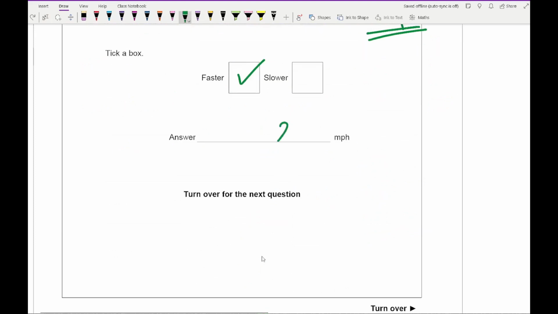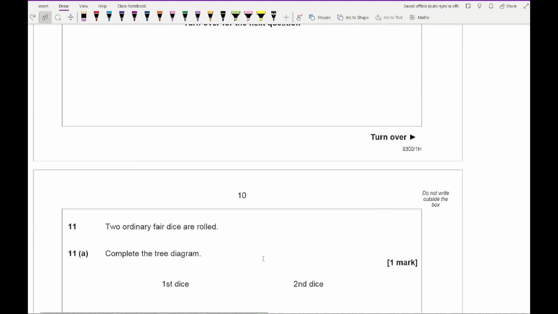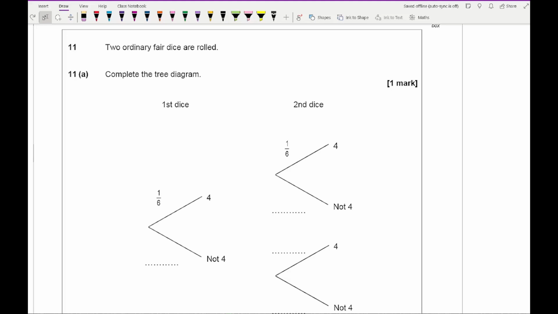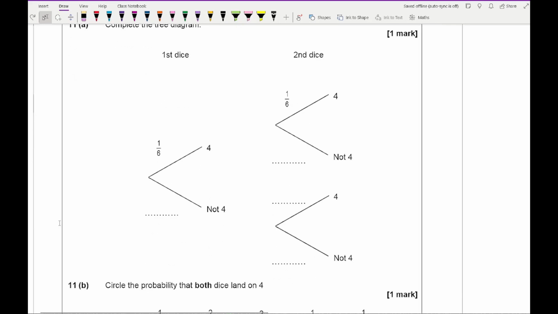So we just need to write 20 here. So moving on to question 11, it says 2 ordinary fair dice are rolled, and the question is asking us to complete the tree diagram. So for this, all we need to do is just make sure each branch is equal to 1. So here if we've got 1/6, this is going to be 5/6,